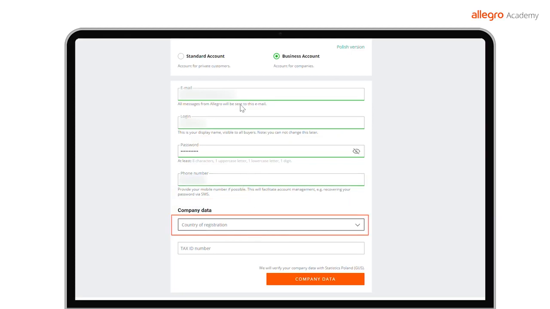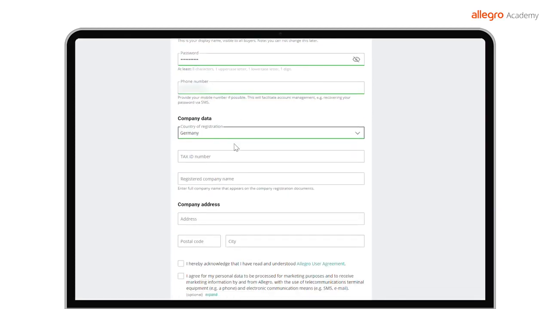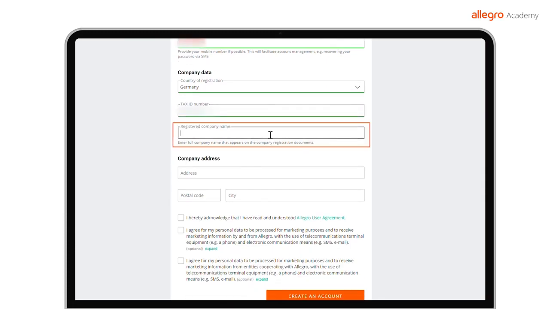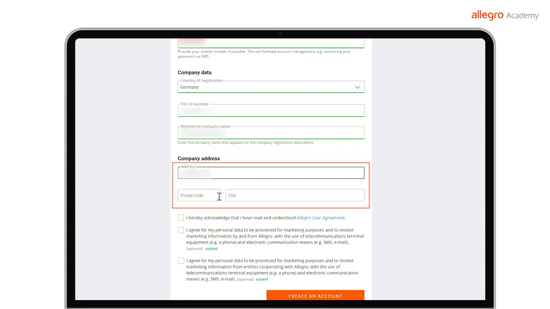Choose your company's country of registration. Next, provide its tax ID number. The name you type here must match the name in the official registration documents. Fill out the company address information